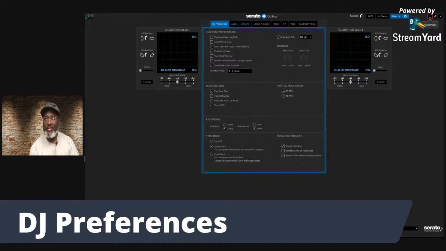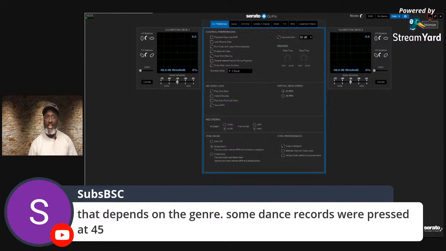Okay, I see we got a question. That depends on the genre. Some dance records were pressed at 45. This is Steven that was asking a question, DJ Subconscious. Now, okay, some dance records were pressed at 45, but say for instance,